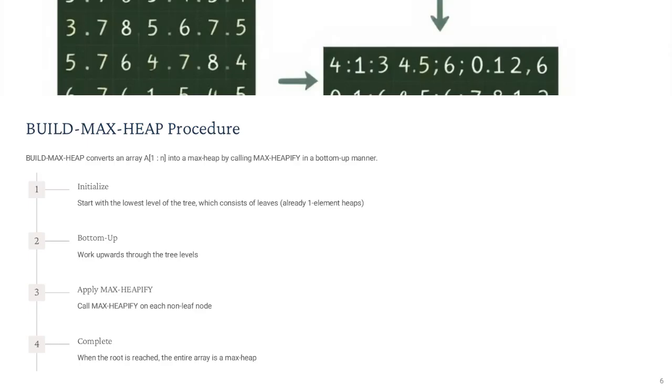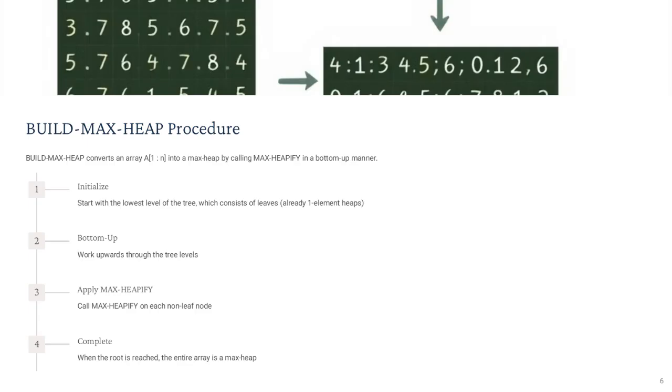This bottom-up approach ensures that each subtree becomes a max heap before the next level is processed. By the time the root is reached, the entire array has been converted into a max heap. The time complexity of build max heap is O(n), which may seem counterintuitive given the O(log n) complexity of max heapify. However, the analysis considers that most nodes in the heap are at lower levels and have smaller heights, leading to